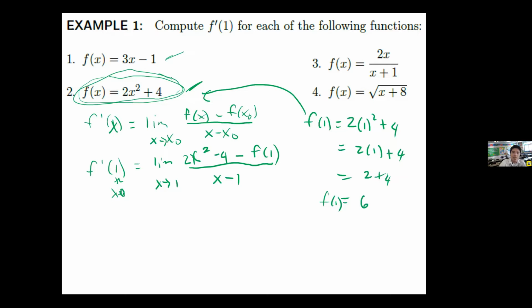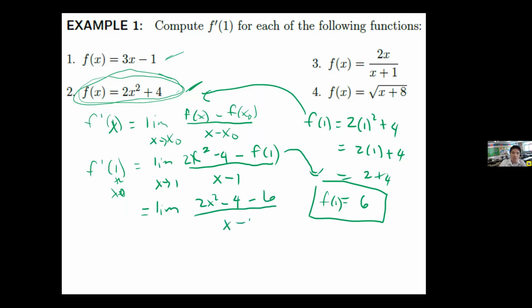Basically, this is what should be solved first, the f of x sub 0, so you can continue and not get stuck. So the limit is 2x squared plus 4 minus f of 1, which is 6,